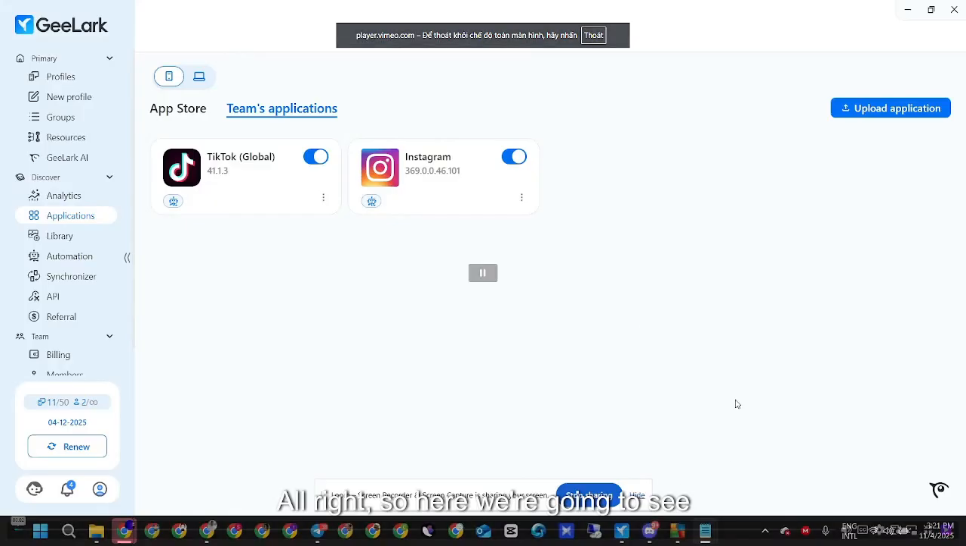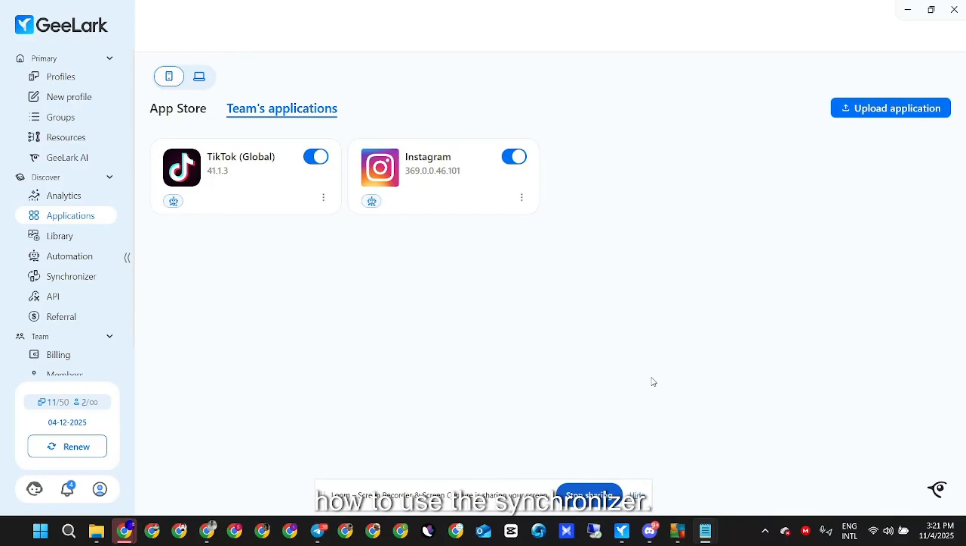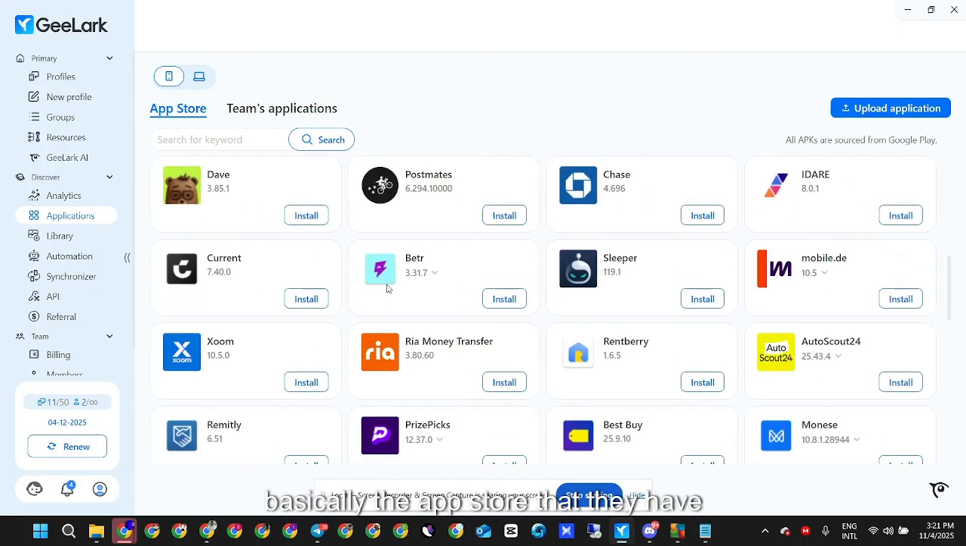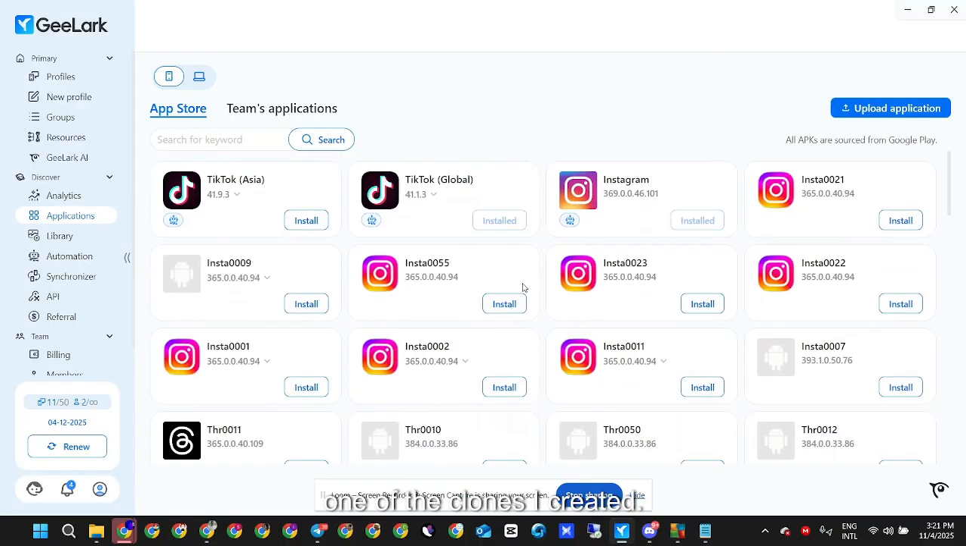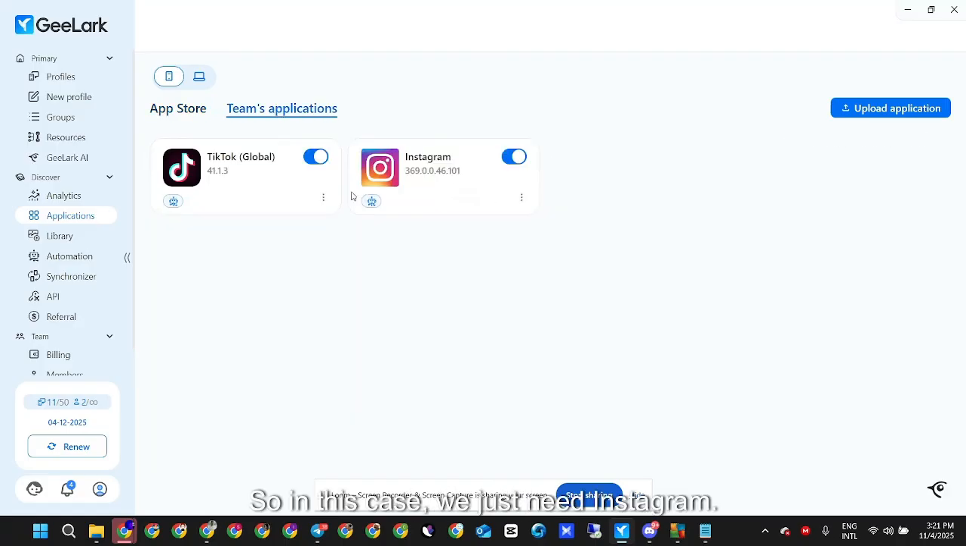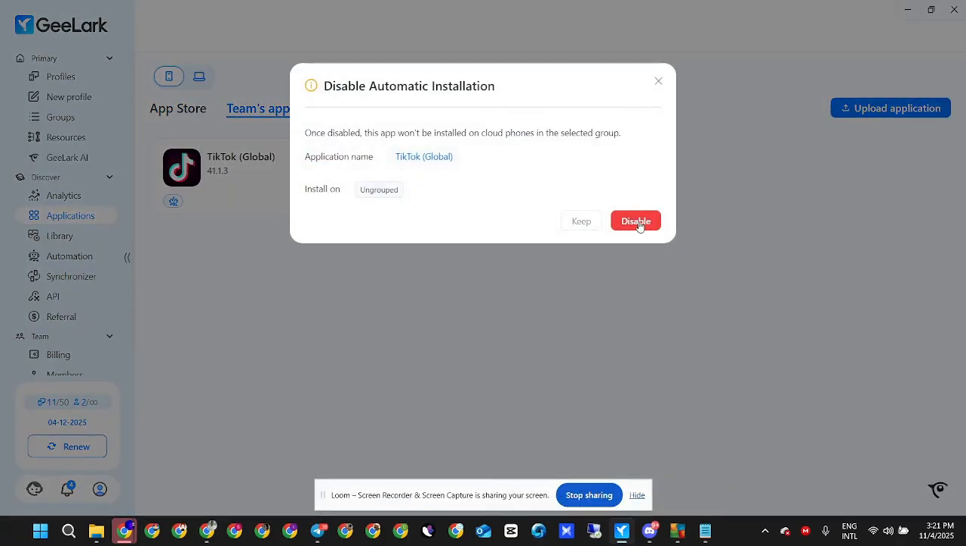All right, so here we're going to see how to use the synchronizer, but first let's make sure the apps we want to be installed there are properly set up. In this case, we just want to work on Instagram. So it's here, applications. If you want to add more apps, you either upload the APK or you go to the app store that they have natively, or one of the clones I created. I have to delete these, but that's the idea. In this case, we just need Instagram. Let's disable it